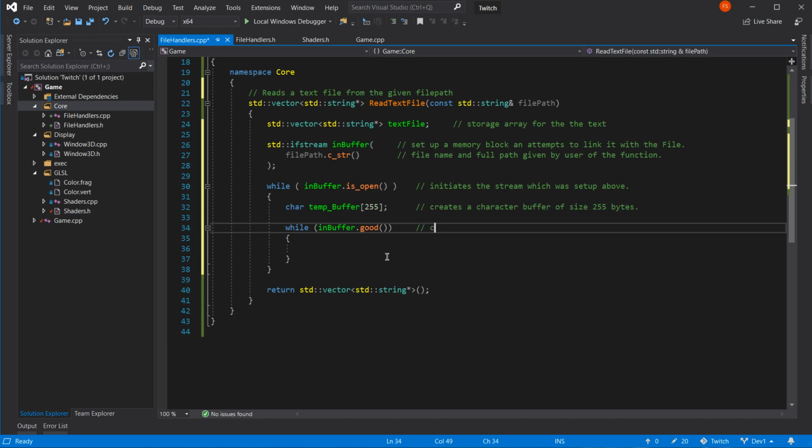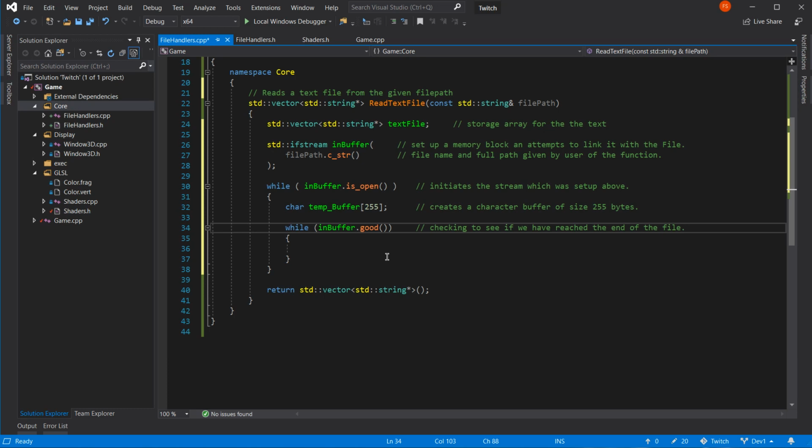So that is actually checking to see if we have reached the end of the file. So if the in buffer becomes bad, it'll stop because the end of file has been reached, or corrupt data has been reached. In other words, it can't read anymore.